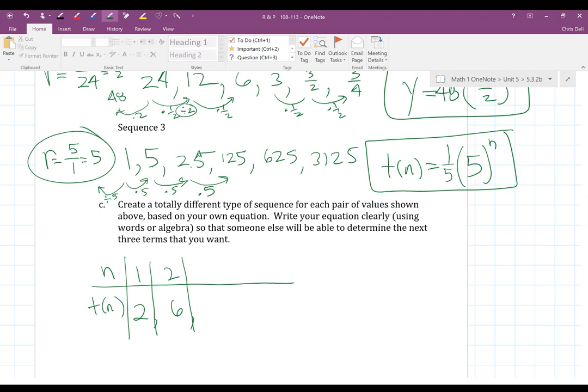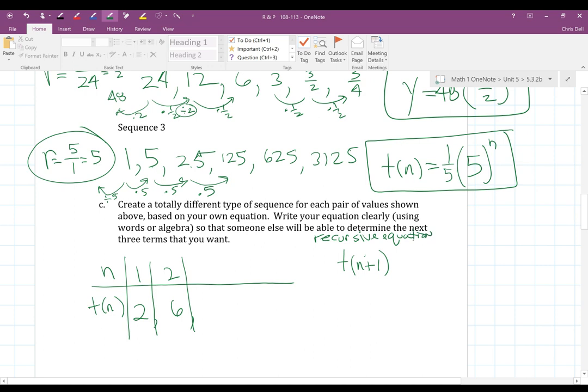So I'm going to just use a recursive equation, one that maybe adds the previous 2 terms. We've done that before, right? So you can get creative here. So I'm going to use a recursive equation. Remember to write a recursive equation, the recursive equation